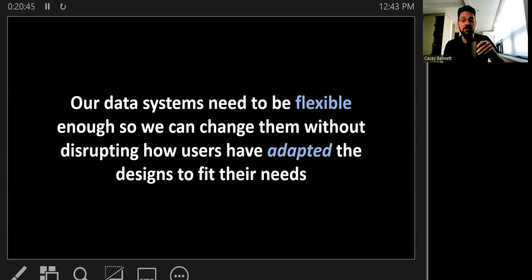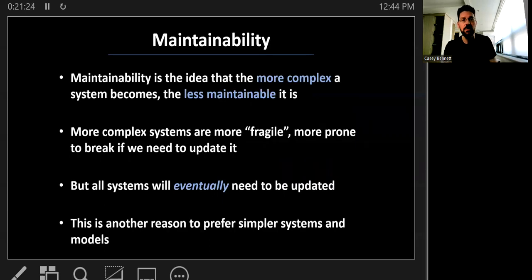And this is a kind of a major issue. I see so many data science projects in the business world, as well as in class sometimes, fail because they don't do this. They build something that's so rigid that in a few months it's no longer relevant, you can't change it, or the users try to fit it into how they work and how they think, but they can't because it's not flexible enough to allow for that. We have to plan for the things that we create to be adapted to fit user needs, right? Basic tenet of HCI and HRI, and we have to do that in this class as well, right?